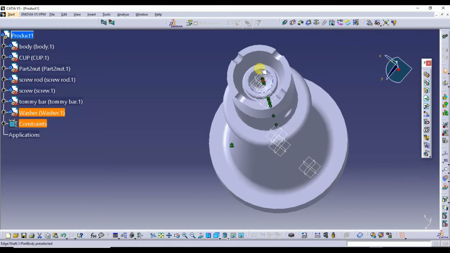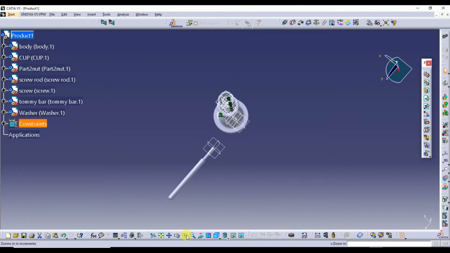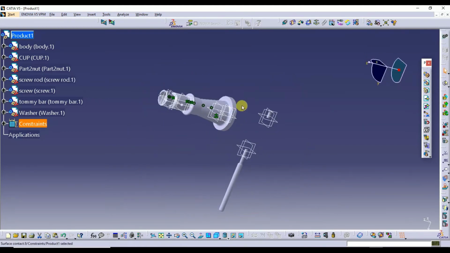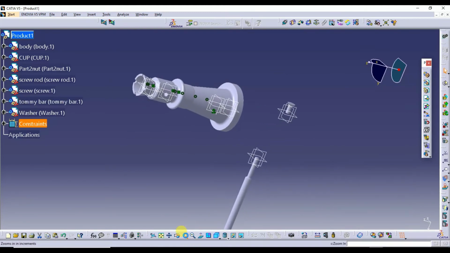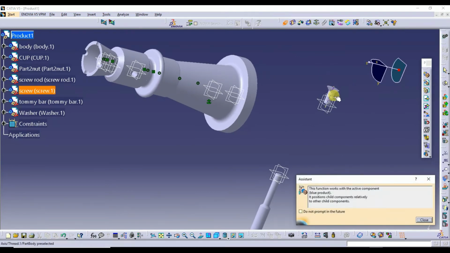Next, I need to tighten this cup with the help of the screw here. This is our screw. Just I'll select again the coincidence constraint.